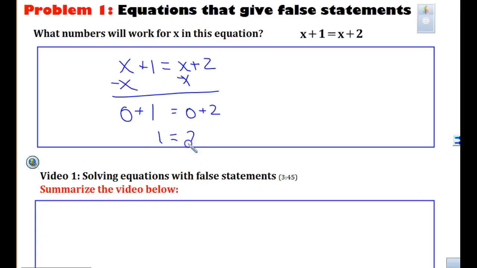Have you ever known 1 to equal 2? This is a false statement. Okay? So as we watch this video, this is a false statement. And when we have a false statement, in this video they're going to talk about what number x could be. So we're going to watch this video. And as you watch the video,